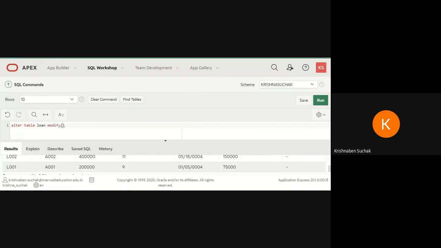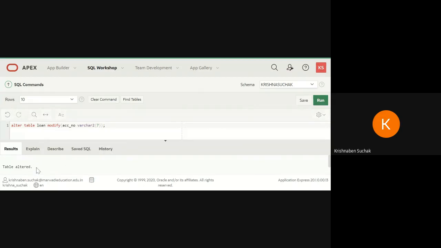What I need to modify, that is account number, bracket 7. Okay. Here I am changing the size. First my size was 5. Now I am writing account number size is 7. Okay. Then I will go to run.